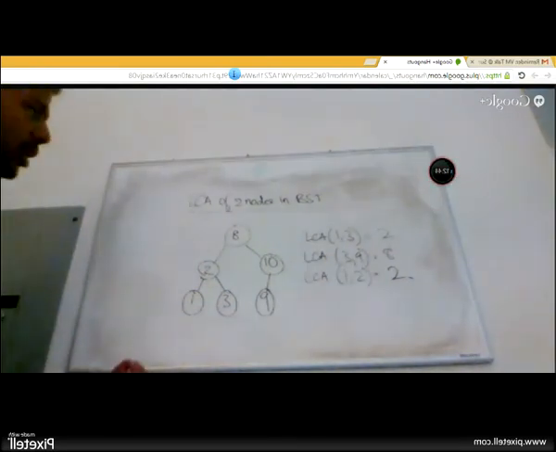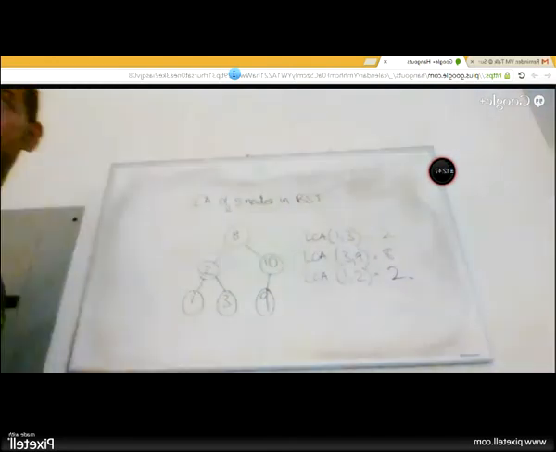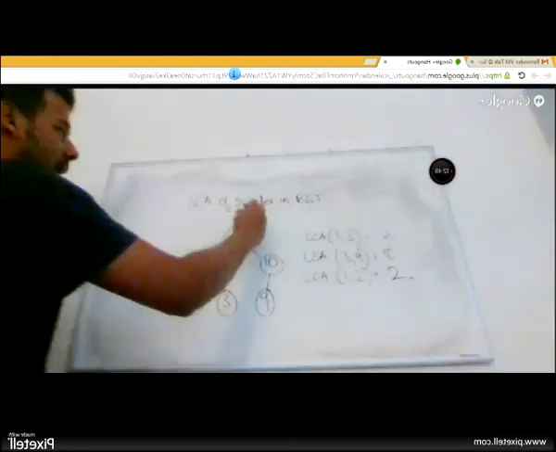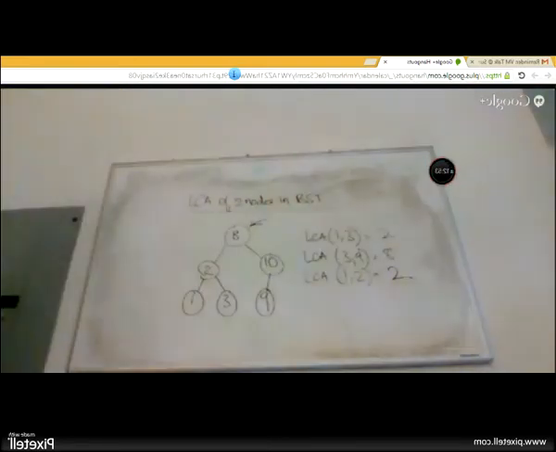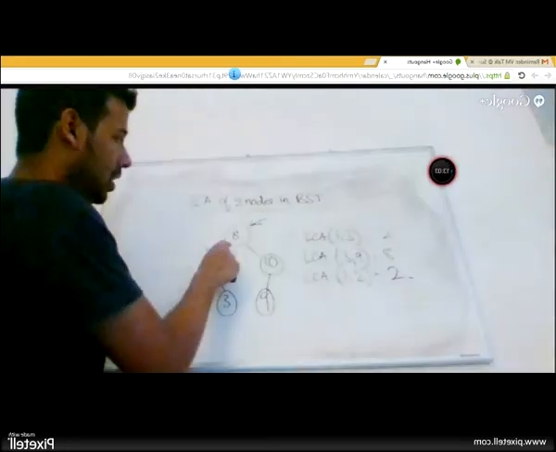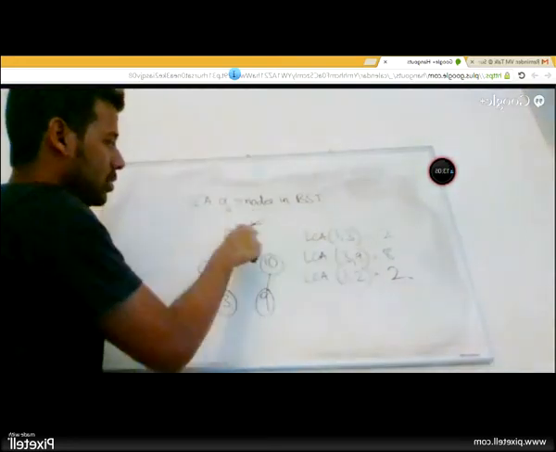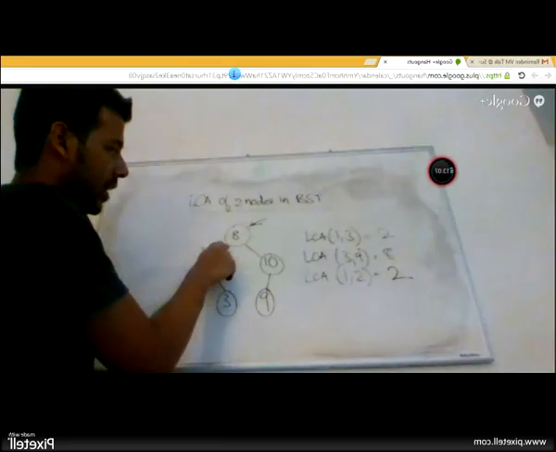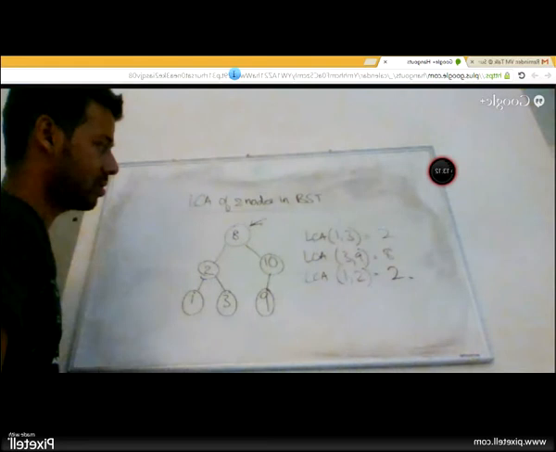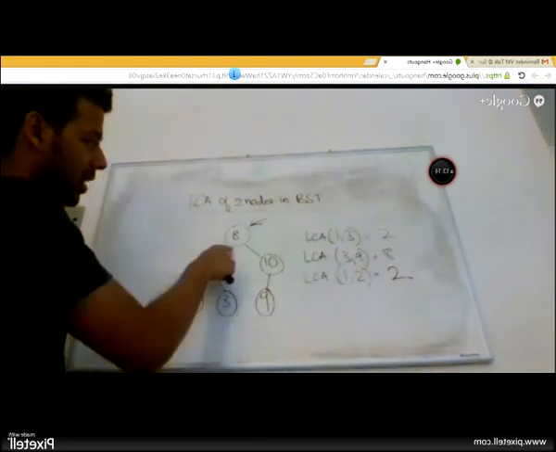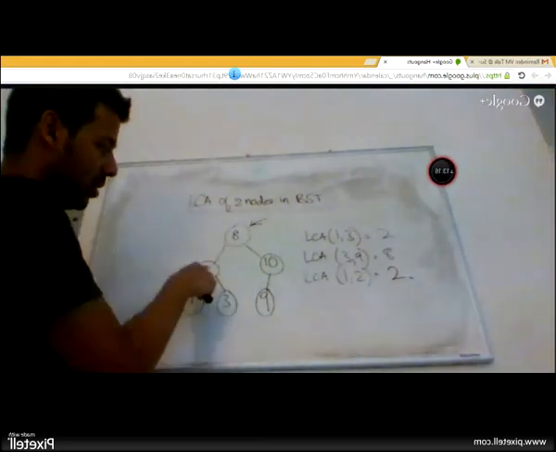So if I am given 1 and 3, I start with 8 because that's what I have access to. I am here. What do I do? Go left. Why? What decided that I should go left? So I have a function which takes 1 and 3. What do I compare with 8? 1 or 3 or both? Both. Okay, and since both of them are lesser, I go left.